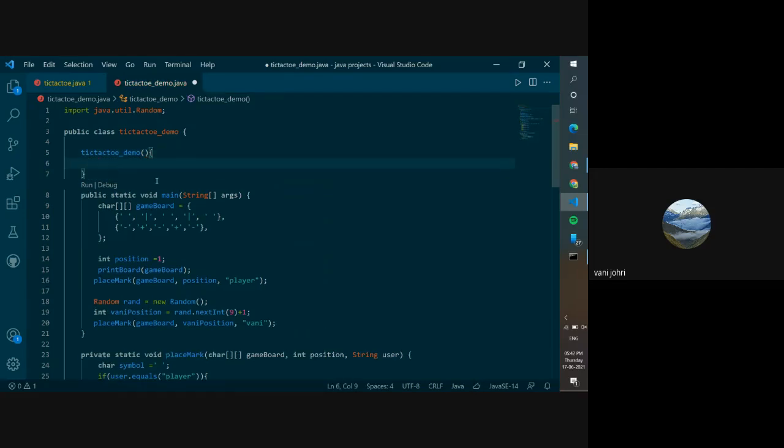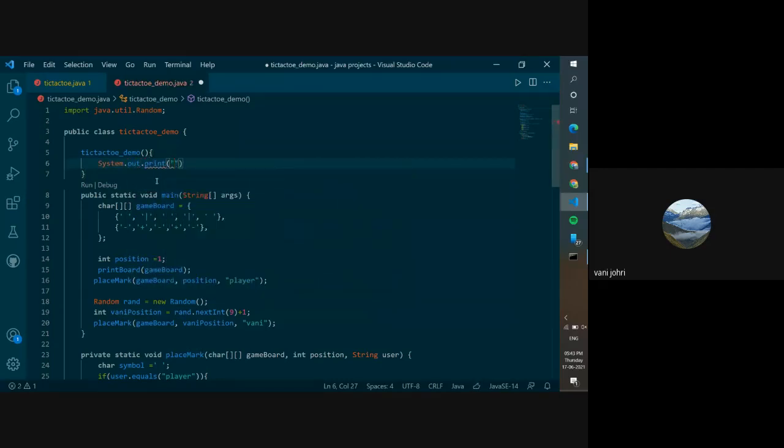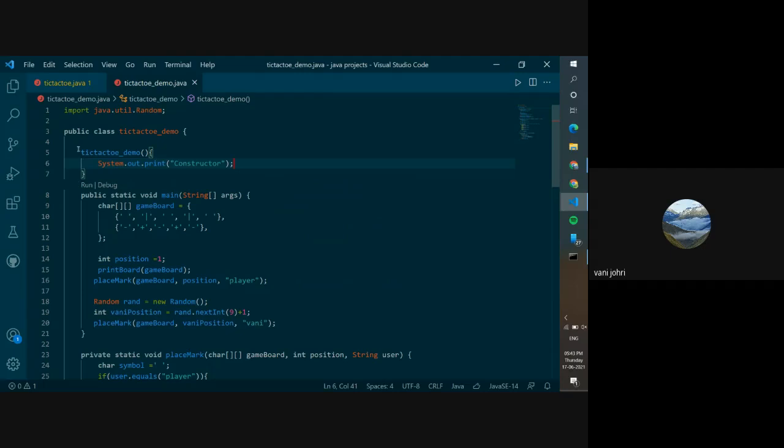You have no parameter over here, and you can just write System.out.print if you want, and print constructor. Do something like this. So this is your default constructor which has no parameters or anything.